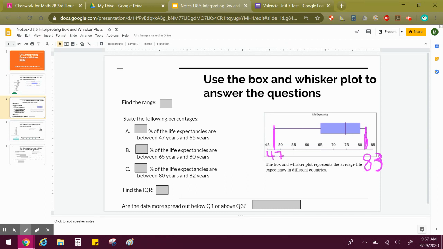Okay, so I want to use the box and whiskers, not the number line. I don't want to do 85 minus 45. I want to do 83 minus 47. That'll tell me my range, which is going to be 36 if I subtract those to find my range. So 83 minus my 47, and that gives me a range of